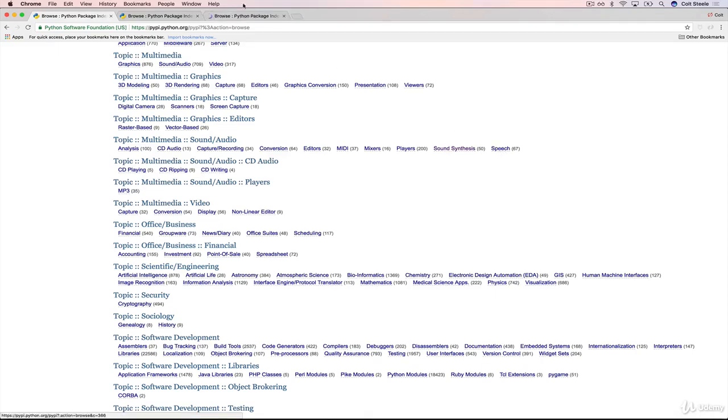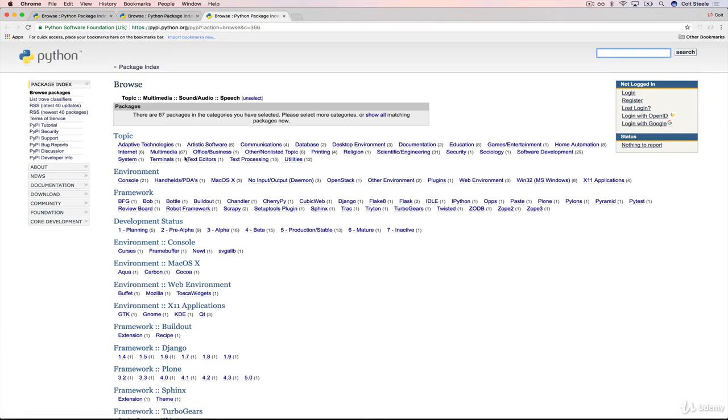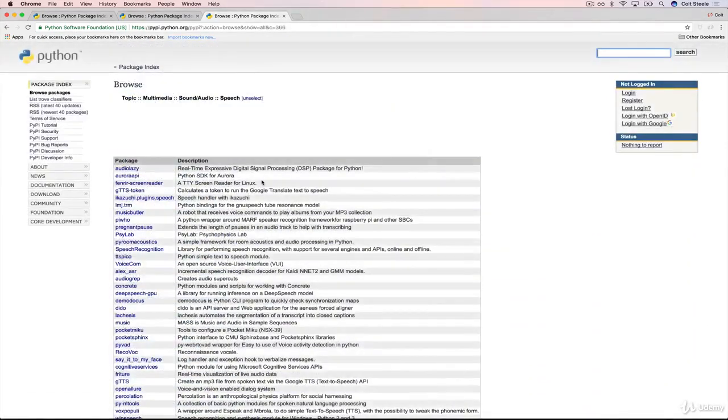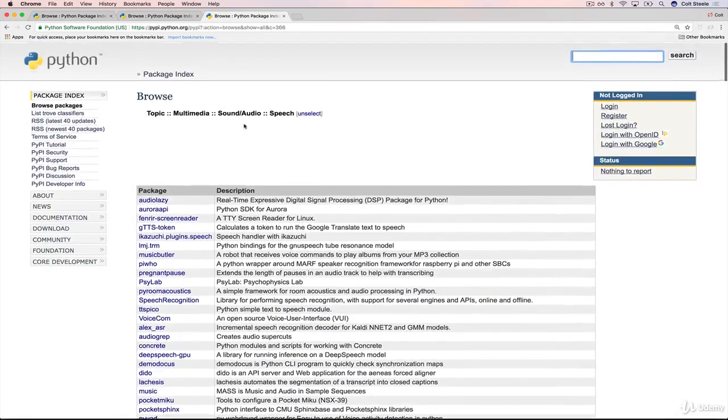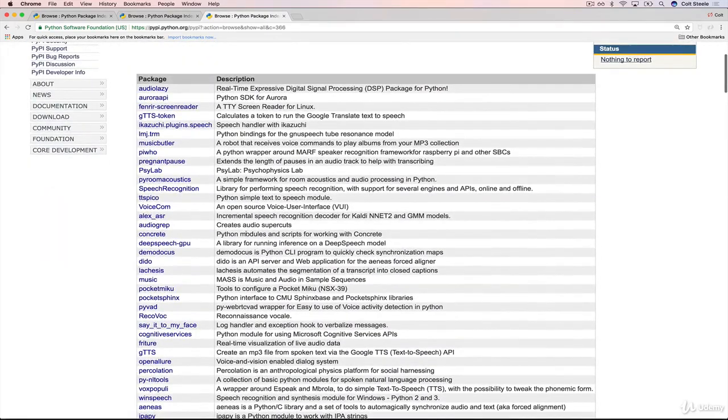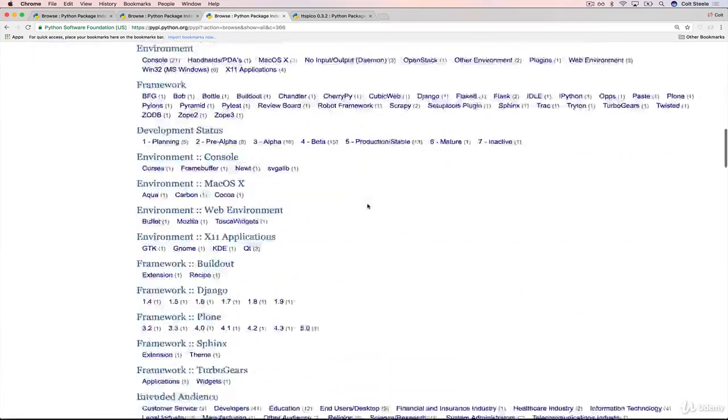Or under speech, there's probably some packages that you could use to convert text to speech using Python. If we scroll through some of these, this is under the sound and audio speech category. We have things like a Python simple text to speech module, and a robot that receives voice commands to play albums from your MP3 collection called Music Butler. So, like I said, some very specific uses.